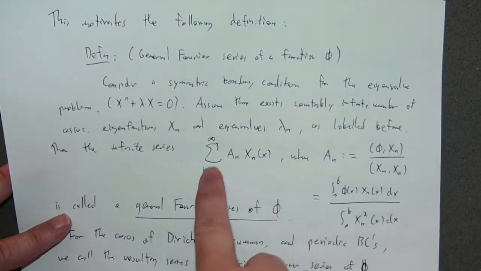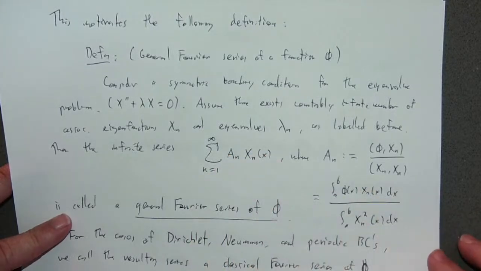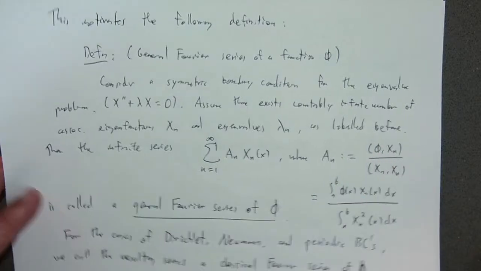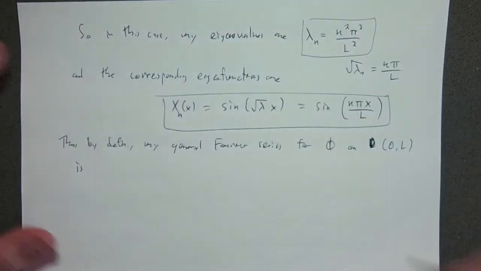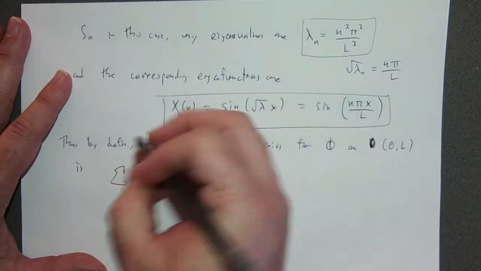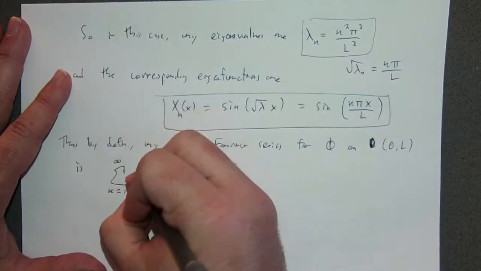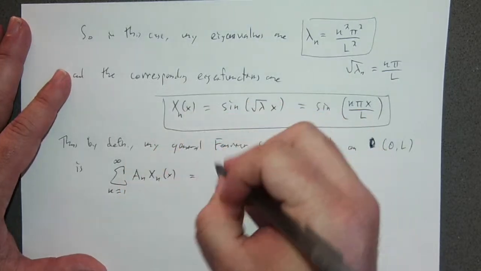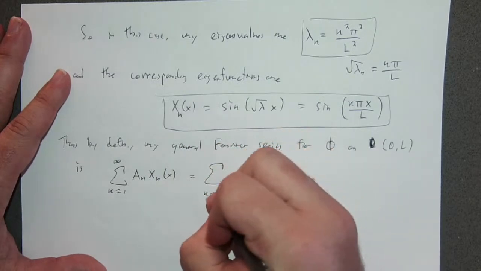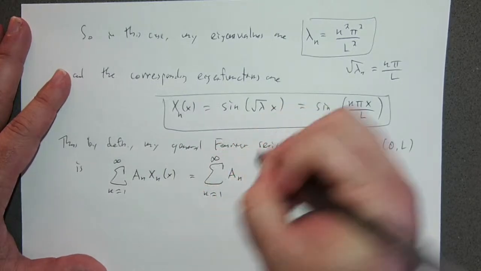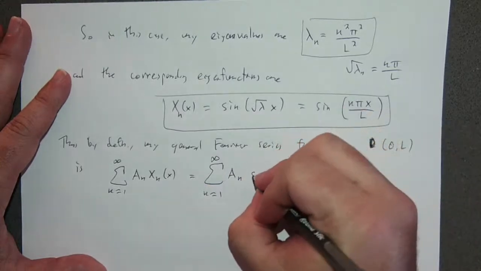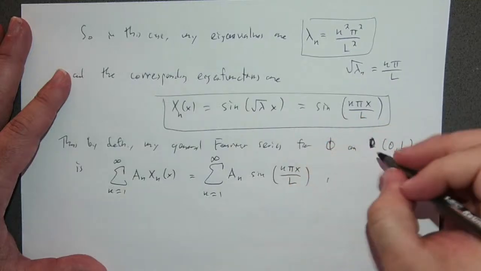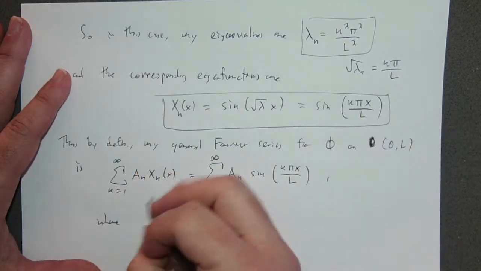My general Fourier series is this, where the coefficients are given by this formula. And so my general Fourier series is the sum from n equals 1 to infinity of a sub n times x sub n of x, which is the sum from n equals 1 to infinity of a sub n times sine of n pi x over L,